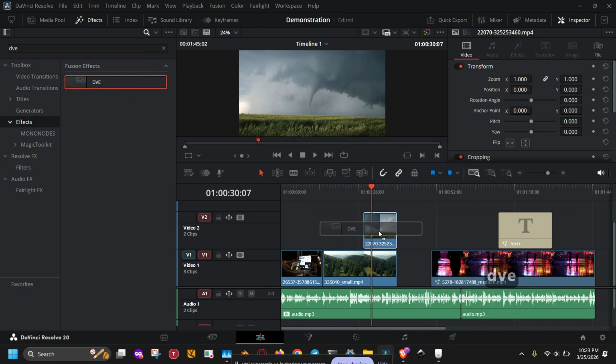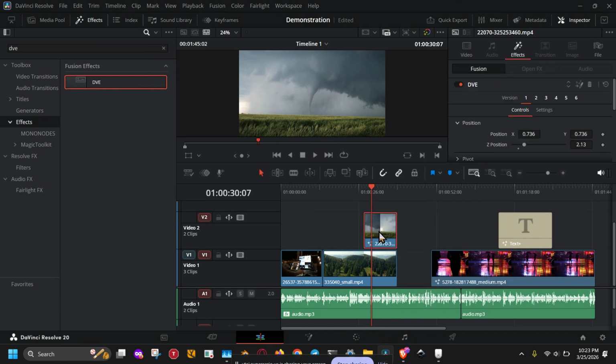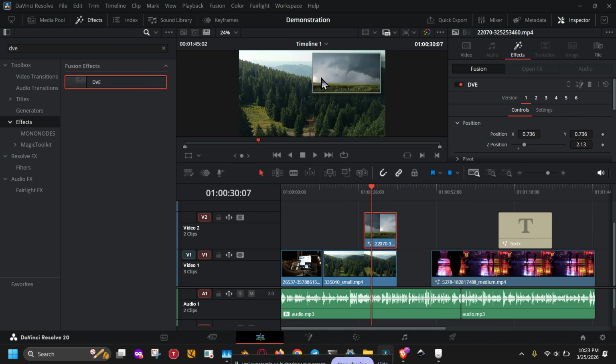If you want a softer or more creative style, you can use the setup sliders to crop the image into a circle or a square. This is great if you want your PiP to feel more modern, more stylized, or more like a social media overlay. If you want your picture-in-picture window to stand out even more, the next step is to add a drop